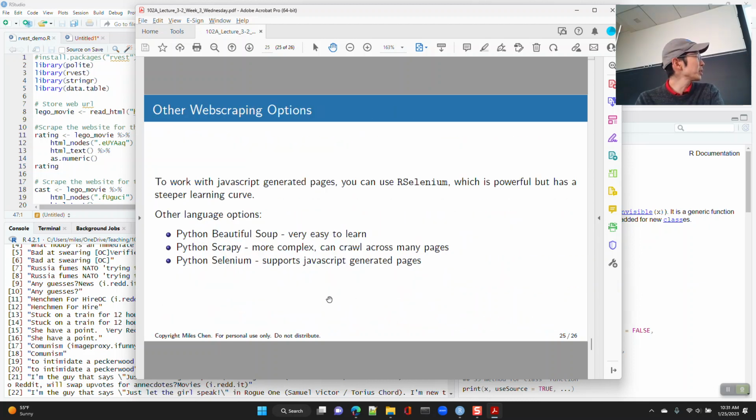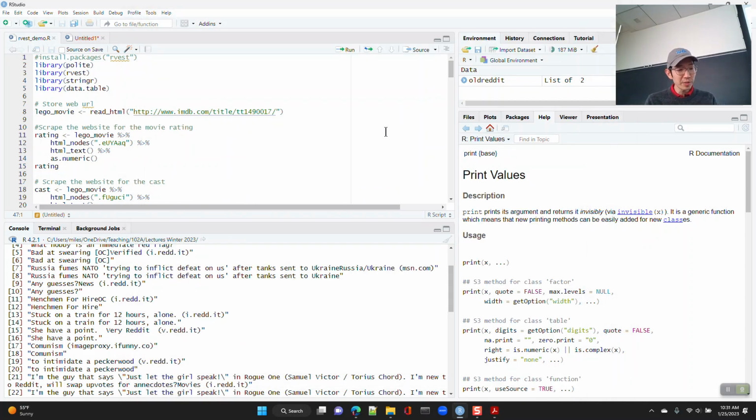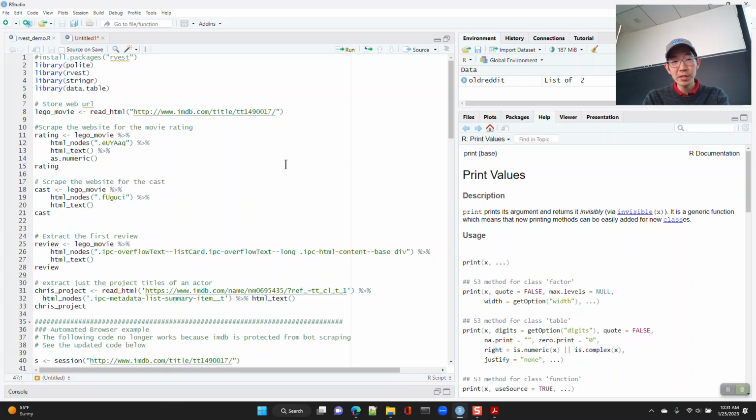Yeah, more web scraping options. There are other tools. A more sophisticated tool is RSelenium, and if you want to use Python, you can. It unlocks some additional things. I'm going to now do a more detailed demonstration of rvest. Okay, and I posted this